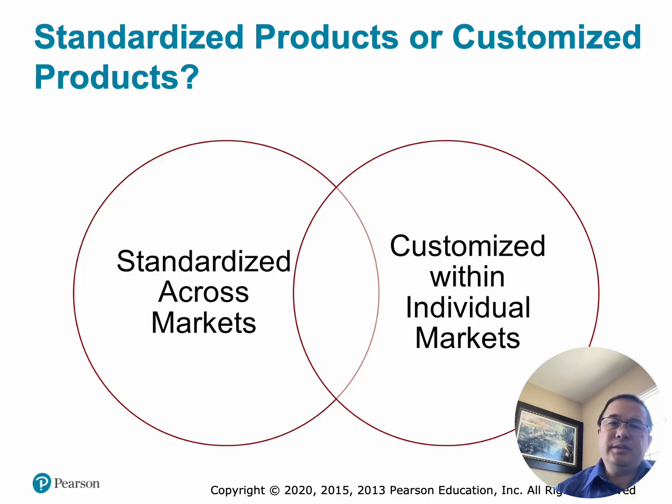The overlap is to think global and act local. The center of the Venn diagram represents what many successful multinational companies actually do, and that is to standardize the core product. So that is keeping the brand name, logo, technology, and quality standards, and then use customized select elements by adapting the packaging, language, flavor, advertising, and distribution methods.